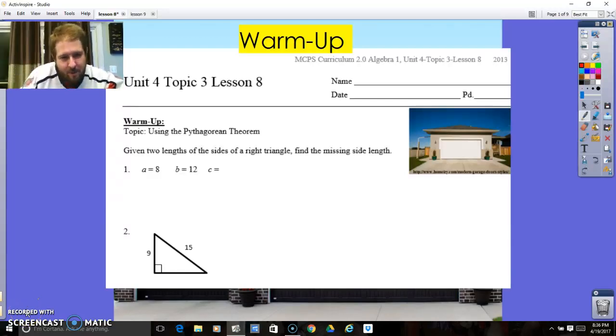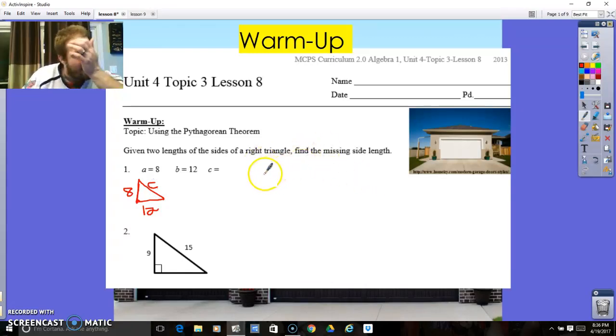Here we go. Pythagorean Theorem again, take 2. This time we're actually solving questions. We're trying to find missing sides. We did one example of that in the last video, but we're going to do a lot more of it in this video. If we were told we had a right triangle, one of the legs was 8, the other leg was 12, and we're trying to find c, which is always the hypotenuse,